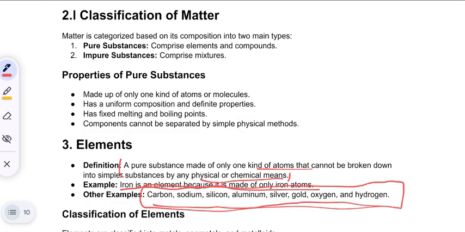But now here you might think, why are oxygen and hydrogen included? My dear, I told you, anything that has mass and occupies space counts as matter. So gas also comes in that. So they are pure gases. They are made up of only their own kind of atoms and cannot be broken down into simpler parts.